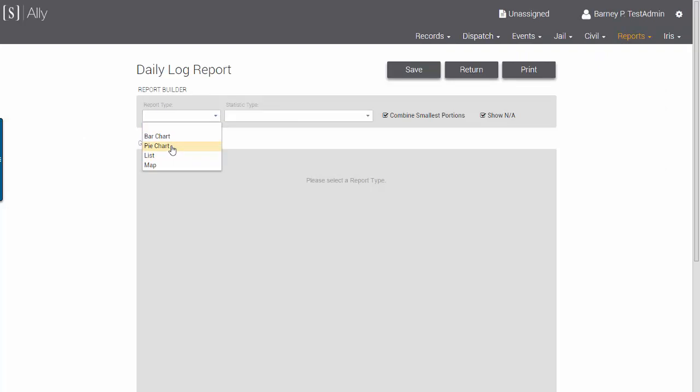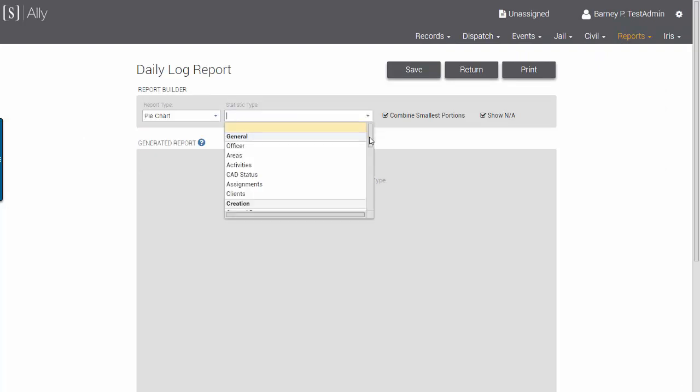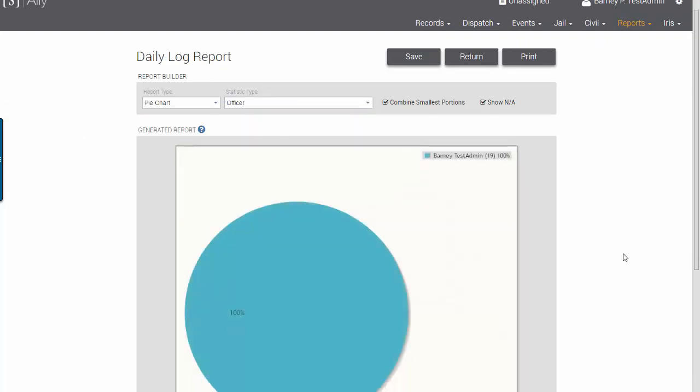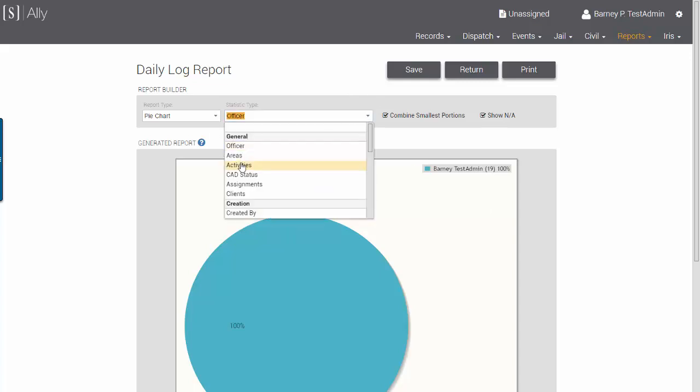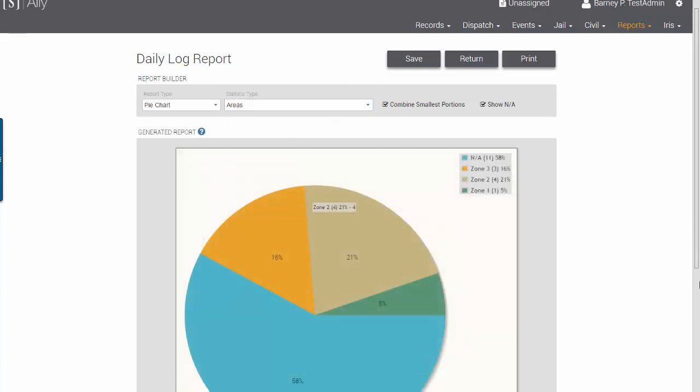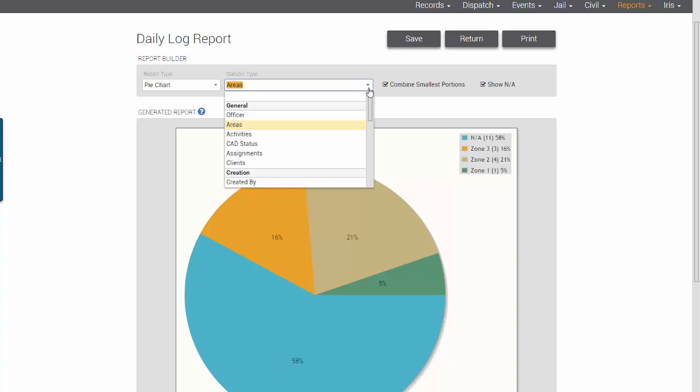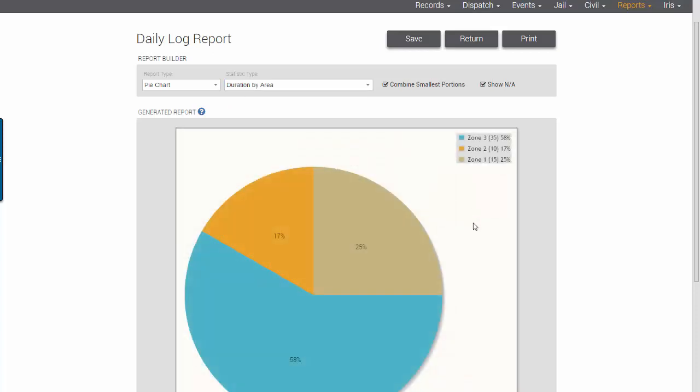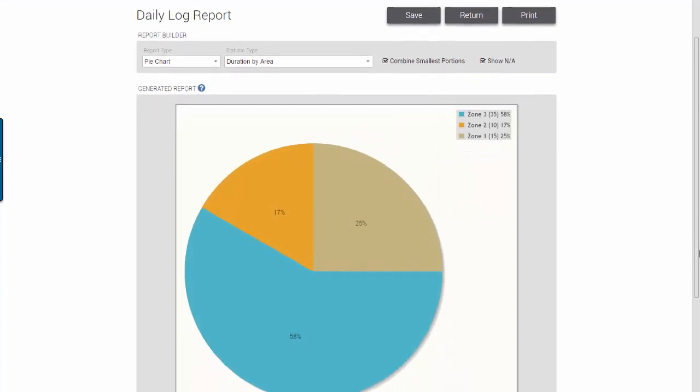Let's say I'm going to do a pie chart for my officers. So I just only have the one officer. I have some different areas, so you can see my various areas here. I think those are all the same as they've been before. However, we have significantly revamped how the durations work. So previously you may have seen some inconsistencies with the durations, but now they should work fairly smoothly with how we've done things. If I want the duration by area, I can see that